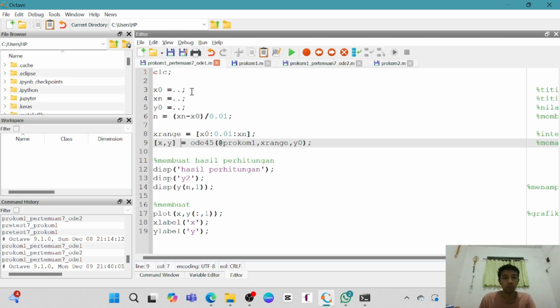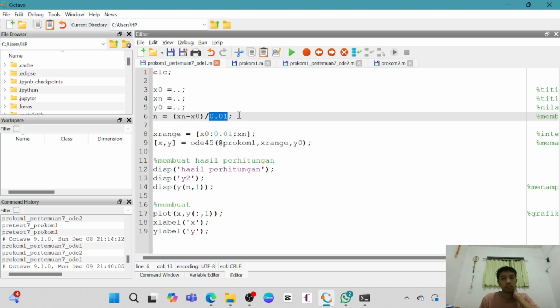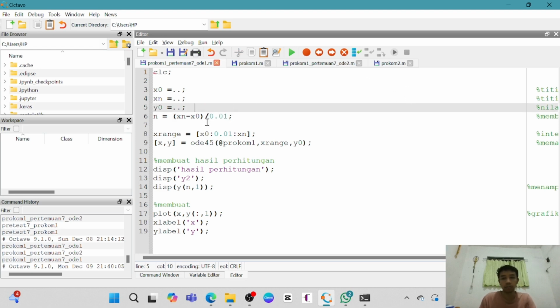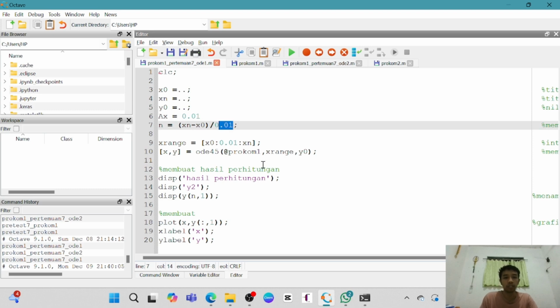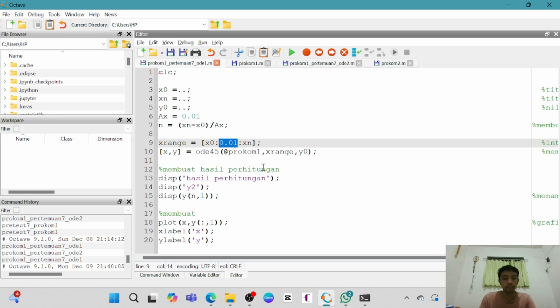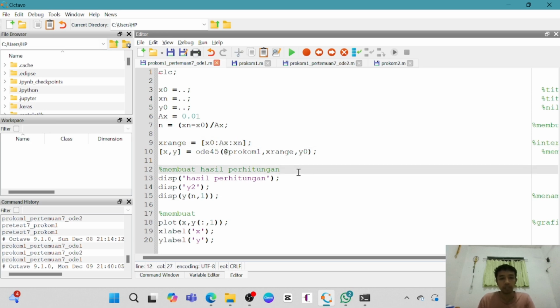You just put those values into this code. You can also make the variable delta x like this. This is delta x also like this.